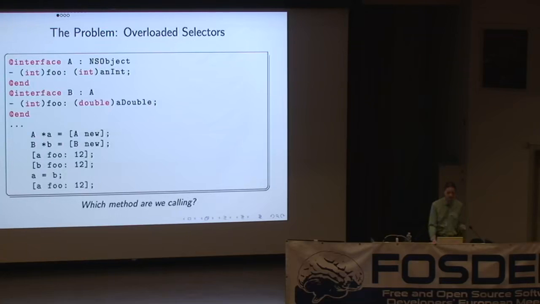But in the last line, you're calling an instance of class B, but your static type annotation says it's an instance of class A. And that's not an abuse of the type system. That's totally allowed because you're just casting a class to the superclass. So you compile this with LLVM or you compile it with Clang. And both will say, absolutely fine, no warnings, that's great.